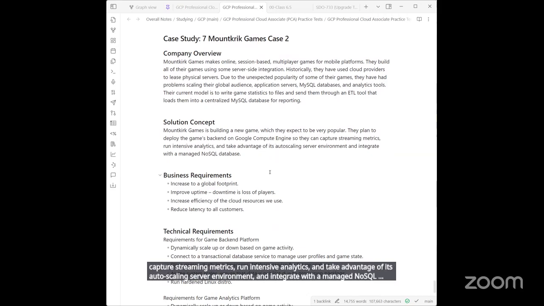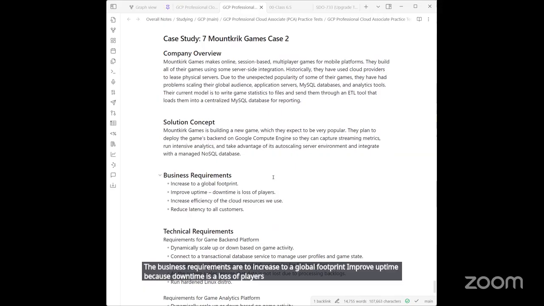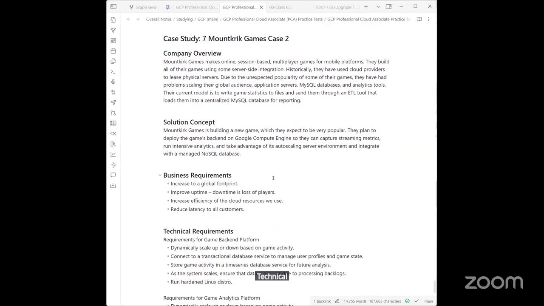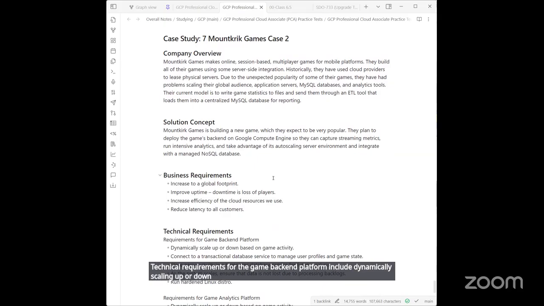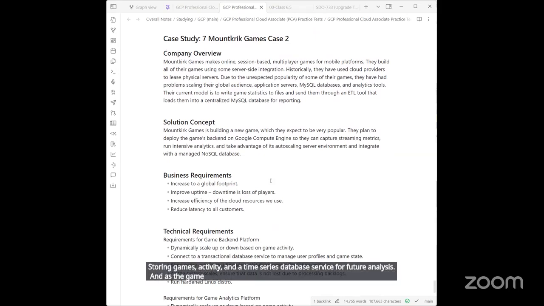The business requirements are to increase to a global footprint, improve uptime because downtime is a loss of players, increase efficiency of the cloud resources we use, and then reduce latency to all customers. The technical requirements for the game backend platform include dynamically scaling up or down based on game activity, connecting to a transactional database service to manage user profiles and game state, storing games activity in a time series database service for future analysis, and as the game scales, ensure the data is not lost due to processing backlogs, and running